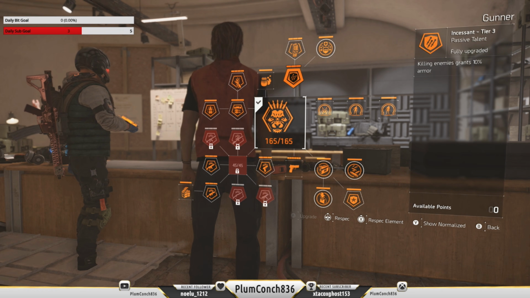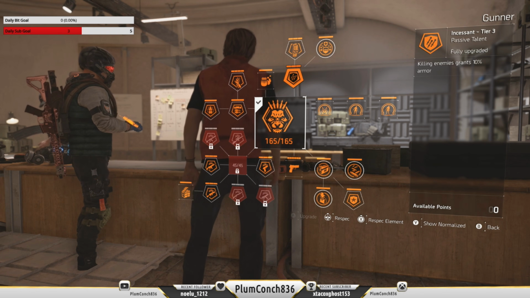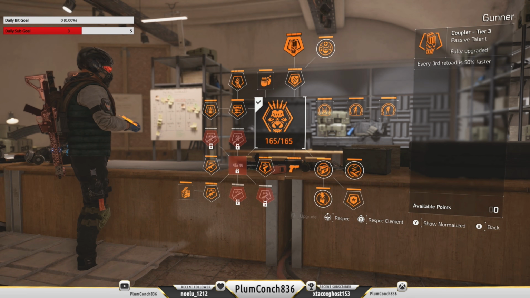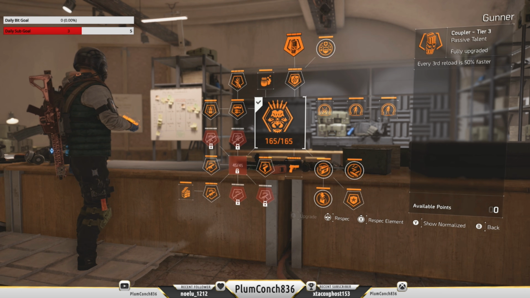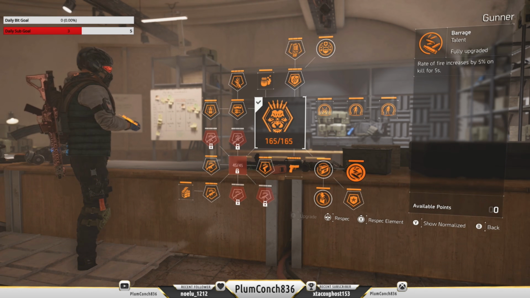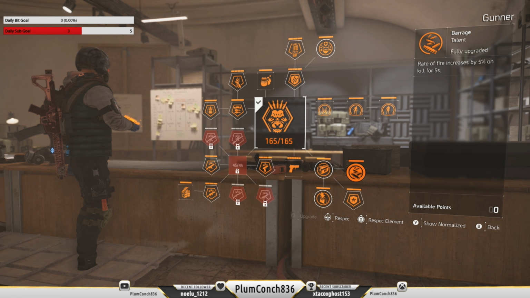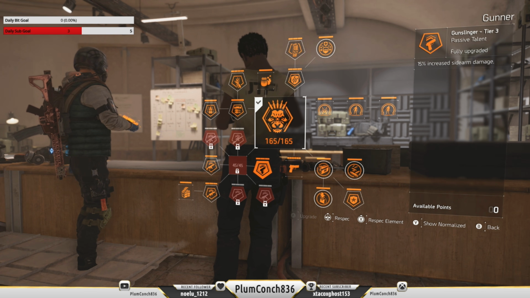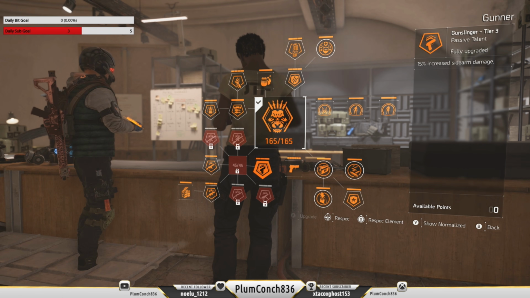For our specialization on this one, we are using the gunner specialization. We're going to be able to get 10% armor on kill. Every third reload is 50% faster. Our rate of fire is increased by 5% on kill for 5 seconds. And we're also going to be able to unlock the gunner specific skill, which is the Banshee Pulse, which I think is fantastic on these styles of setups. And remember, just double check that you have spec'd into the correct weapon type so you get that 15% extra